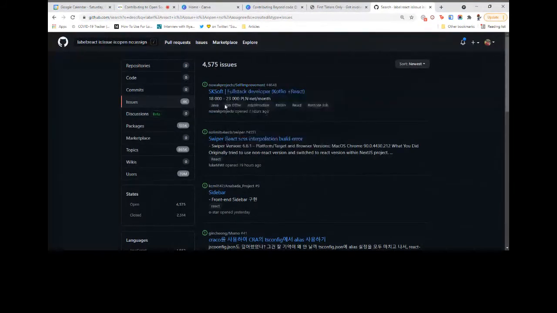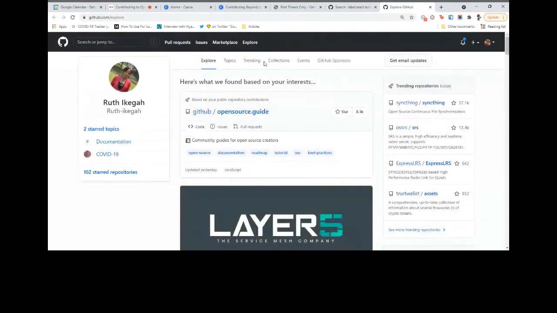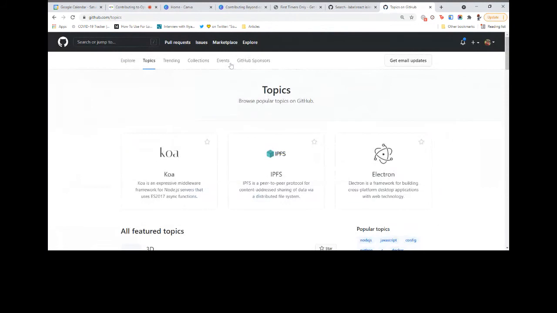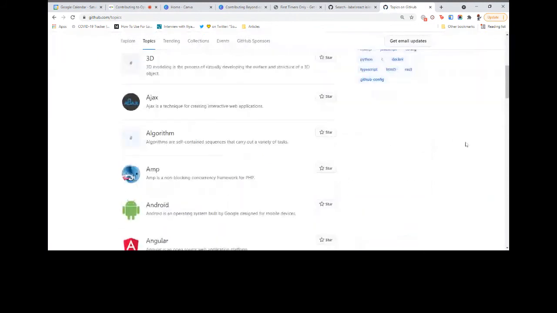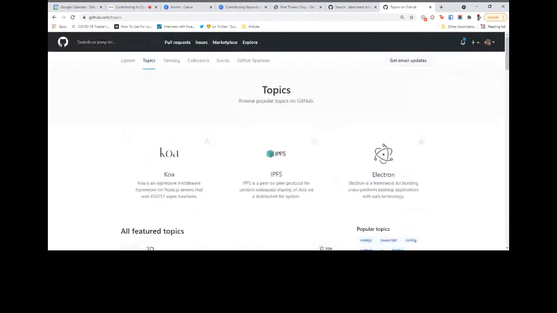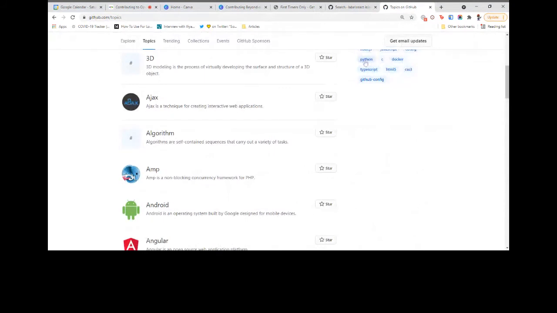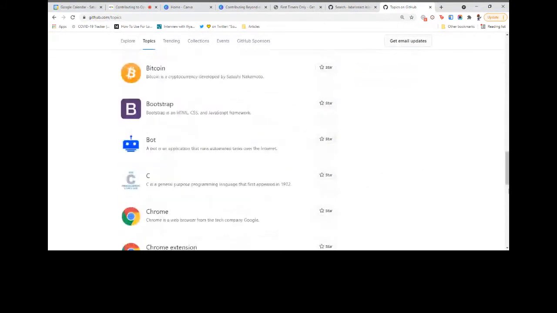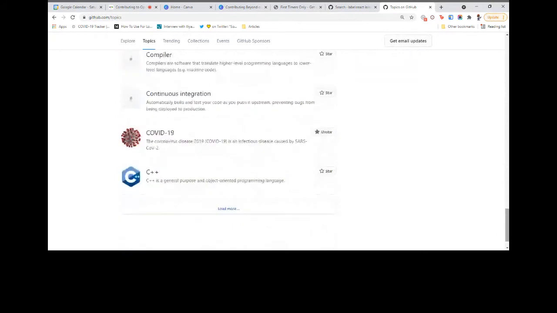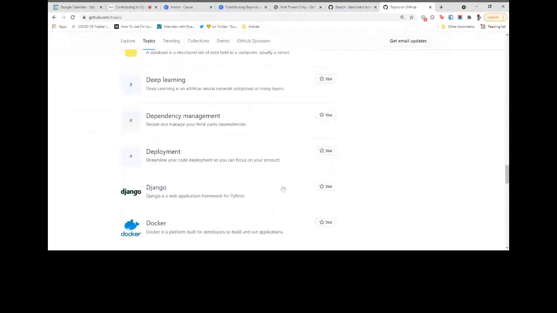Another thing you can do is, if you click on explore, let me open this in another tab, you can also check out topics, and you can search for React. Oh, sorry. Why is React not popular? Not everybody does React. So you can search for topics, basically. But the only issue with this is you get a whole lot of